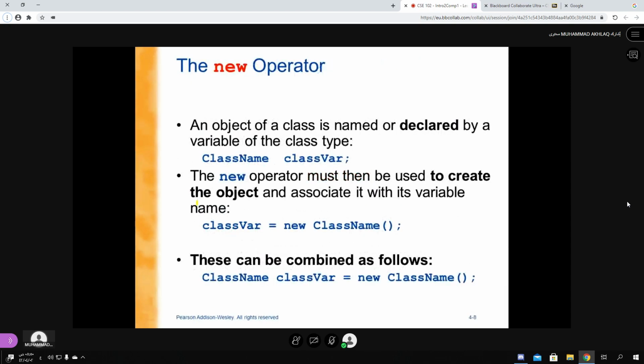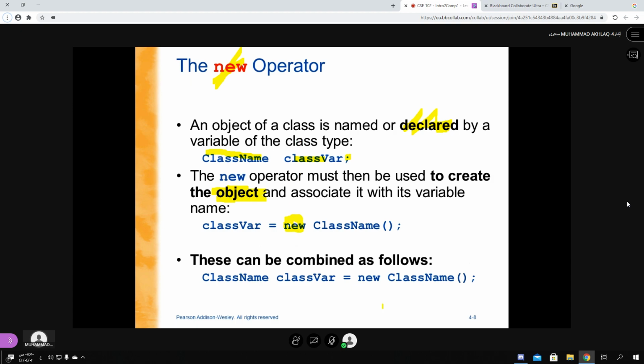Then the new operator. This new operator basically creates the object. If you are only going to declare, not define, just declare, then you can use the class name and variable name and semicolon. But if you want to create an object, not only declaration but creation of the object, then you need the new keyword.